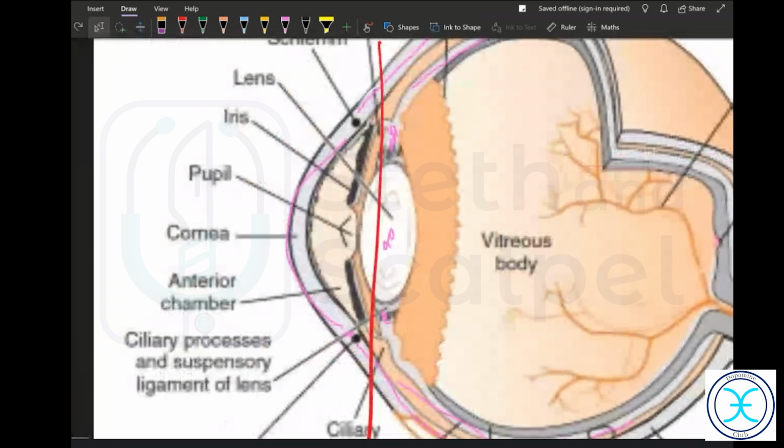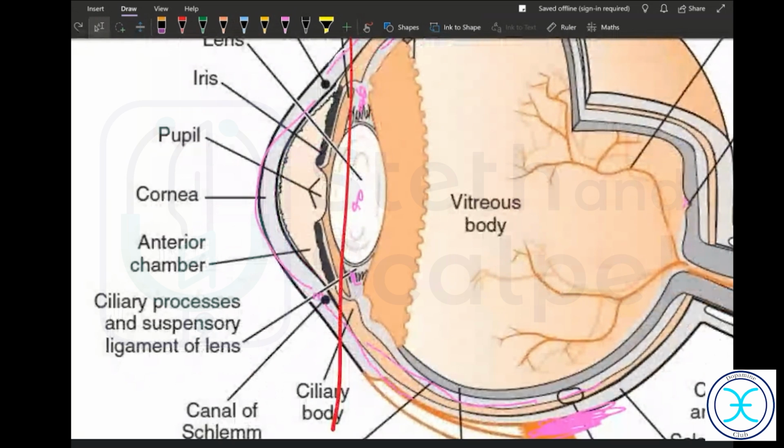so what you do is you do a corneoscleral tunnel. You'll go horizontally like this, then you'll go vertically down like this, and then again you will go horizontally like this. So it's three-dimensional. Basically you don't need to suture anything back into place. Once you're done and you give it time, it will set on its own. That is the advantage of this corneoscleral tunnel, and you enter into the anterior chamber.